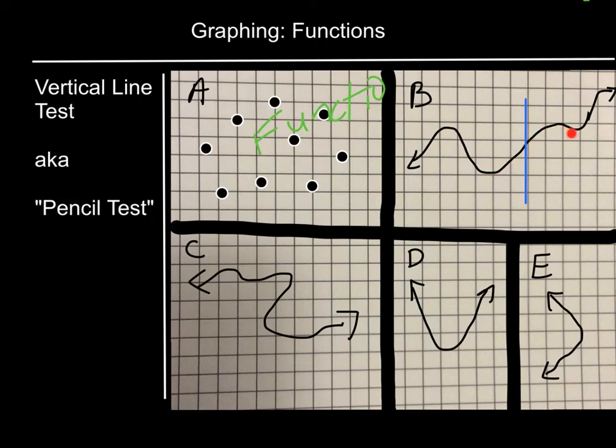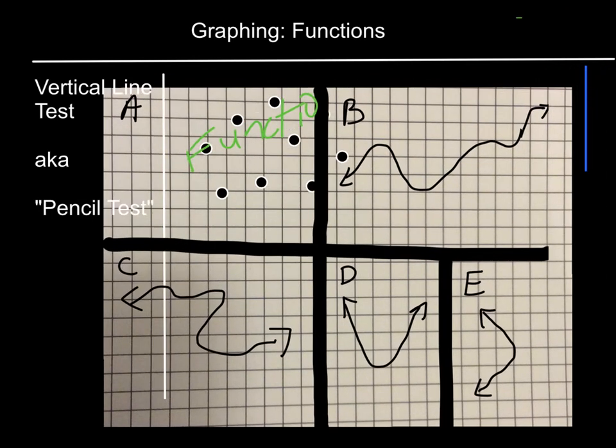Where my blue line is crossing is the only thing I care about. I'm looking right there. So as I continue to move it across, do we ever see it cross the line twice? And the answer to that is no, it never crosses twice, which means that this graph must be